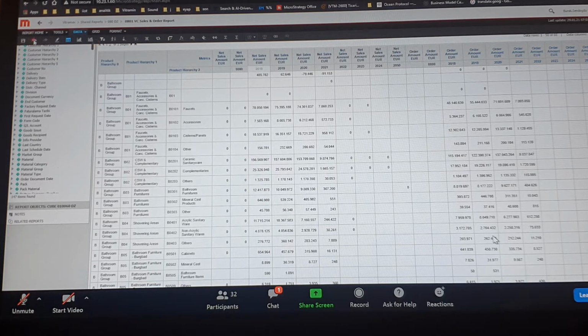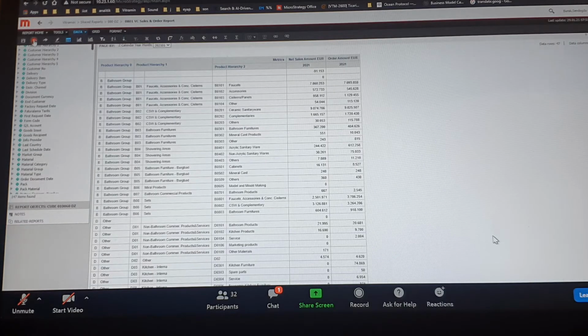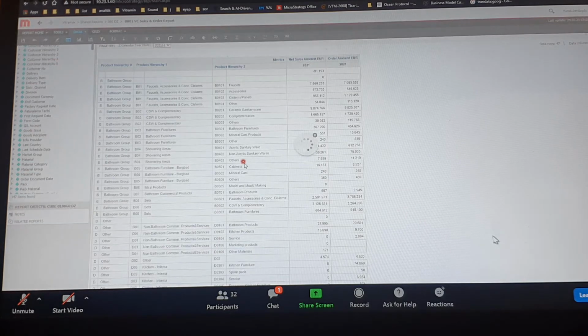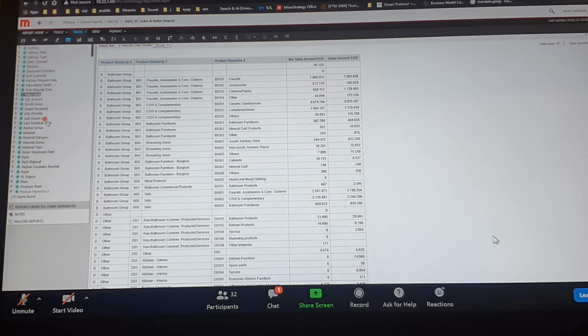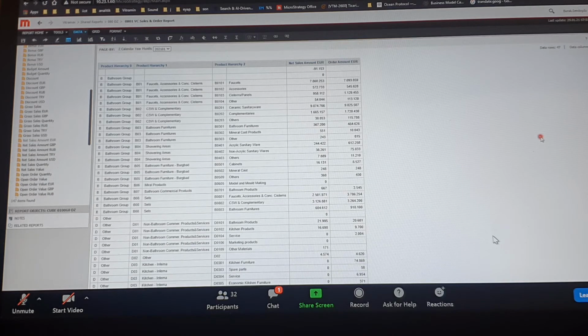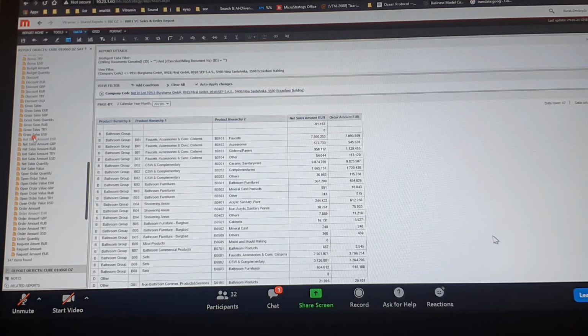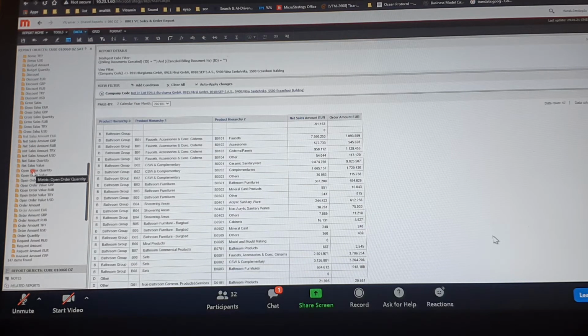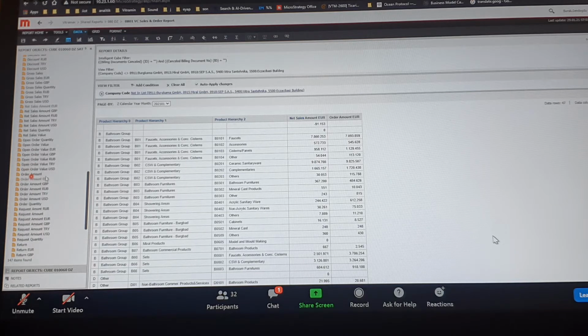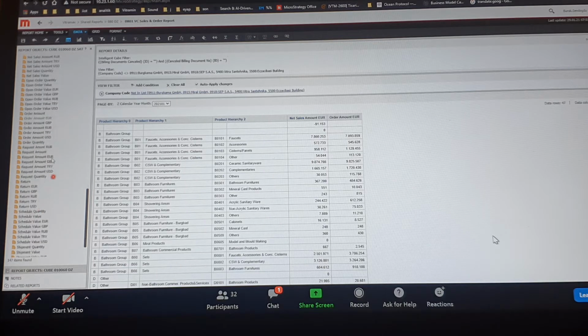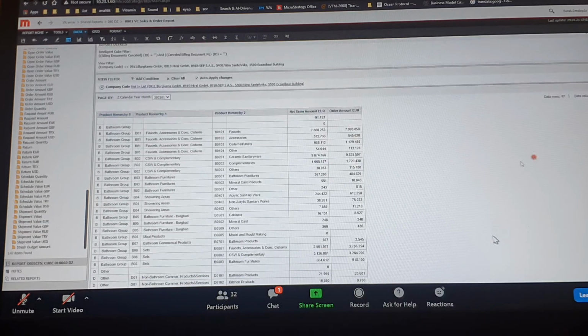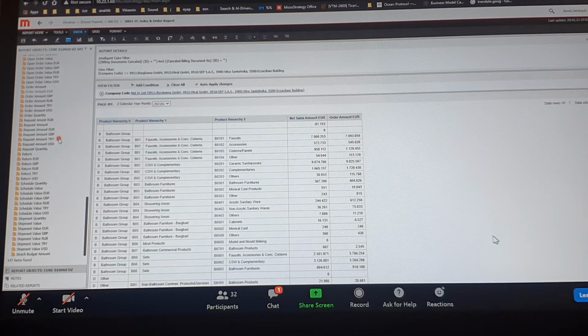And you can see all the details about the products, product hierarchies, and also all the details about the invoices, orders, and so on. This database, called Value Chain Sales and Order Report, puts all the data together. You can see your gross sales, the bonus amount given to the customers, and directly your net sales, and additionally your order amounts and your outstanding orders, and also